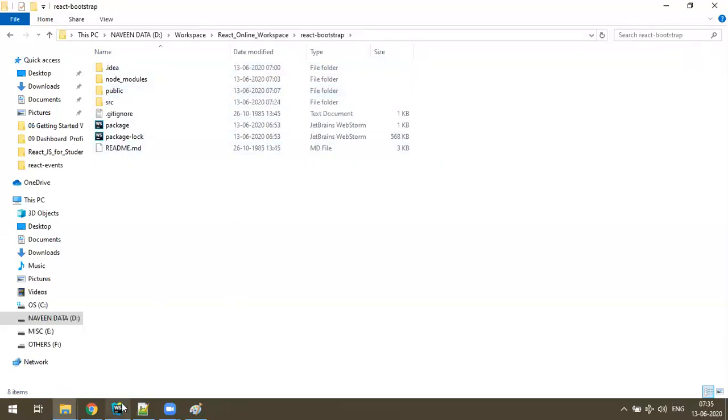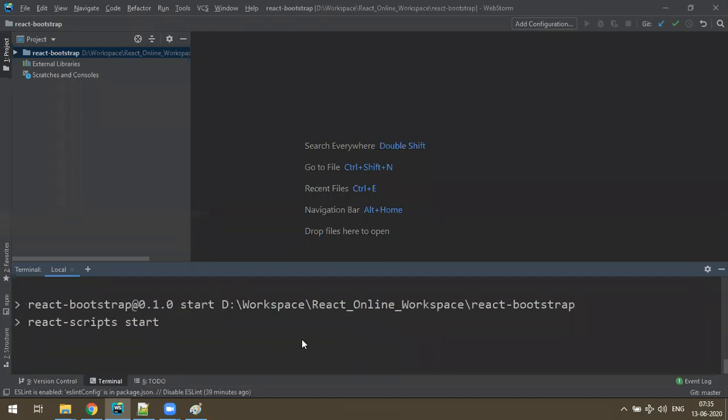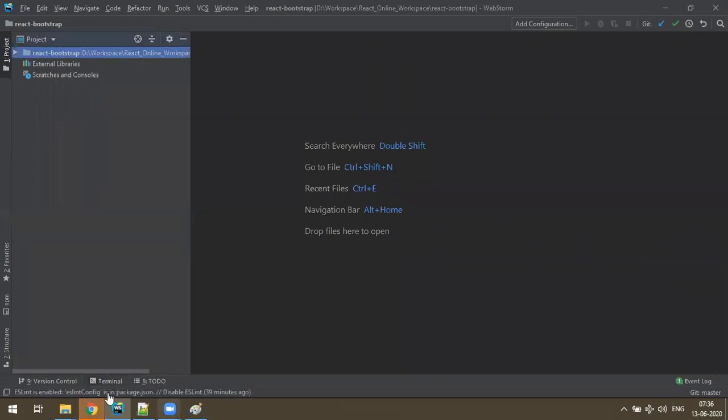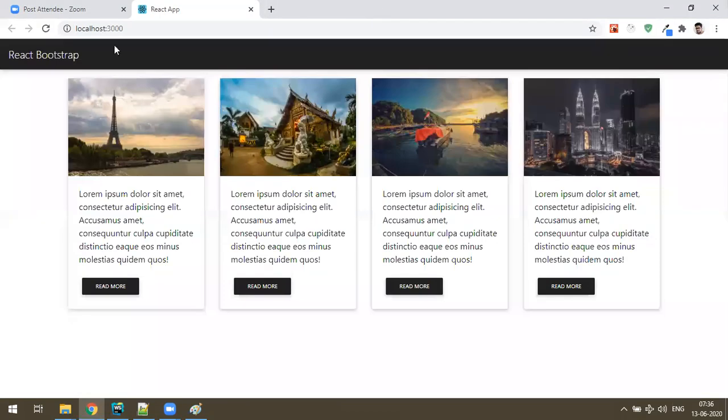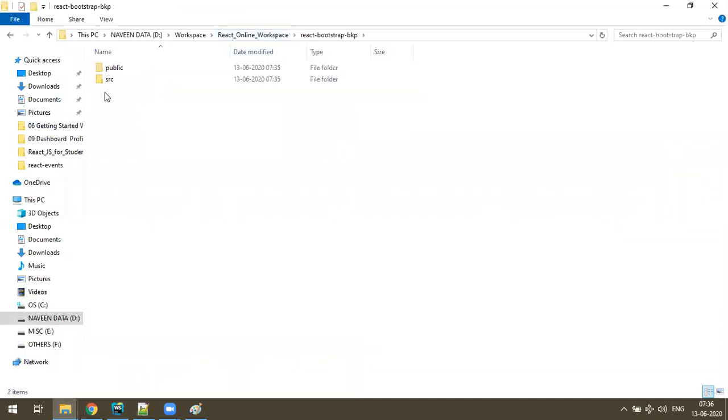Okay, so now back here, let me npm start. Yeah, same application loaded because, don't worry, I have taken a backup of these two files.